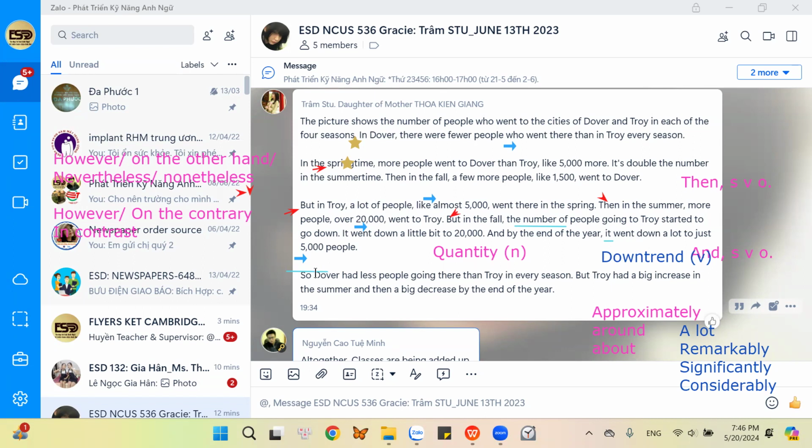So "Dover" never ever stands at the beginning of a sentence. Please remember this word. Like here, it never stands at the beginning of the sentence. It should be therefore, thus. Therefore, comma, Dover had fewer people going there than Troy in every season. Very good. However, we have already used however. We can say that on the other hand, Troy had a big